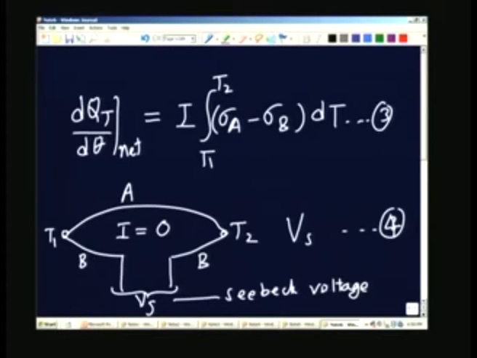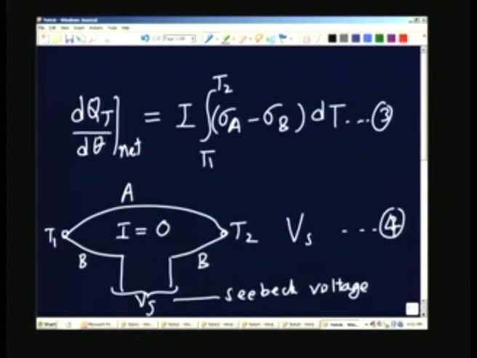Now, let us go back and just see what happened. In the first case, I had a current and the complete circuit. Some amount of heat interaction took place at the two junctions as well as along the length of the two wires. Now, when I introduce a cut in one of the limbs of the circuit, it may be either in wire B or wire A, whichever you cut, it does not matter, only the direction of voltage may be different. A voltage will appear, and therefore, this voltage must be related to the two effects we had earlier.